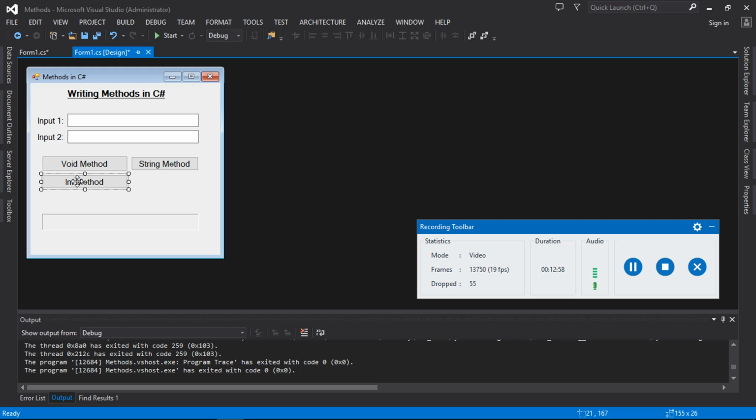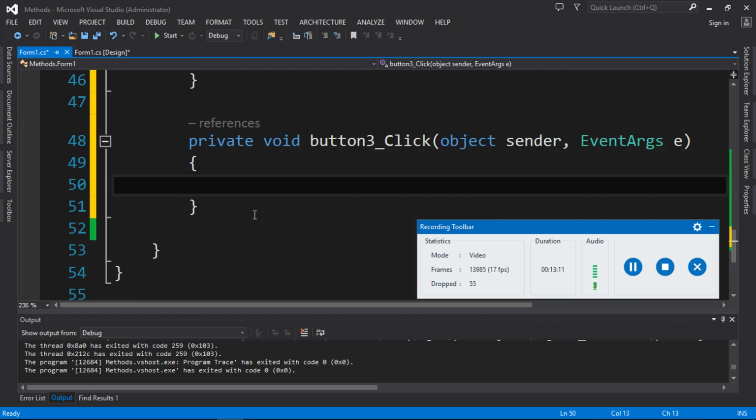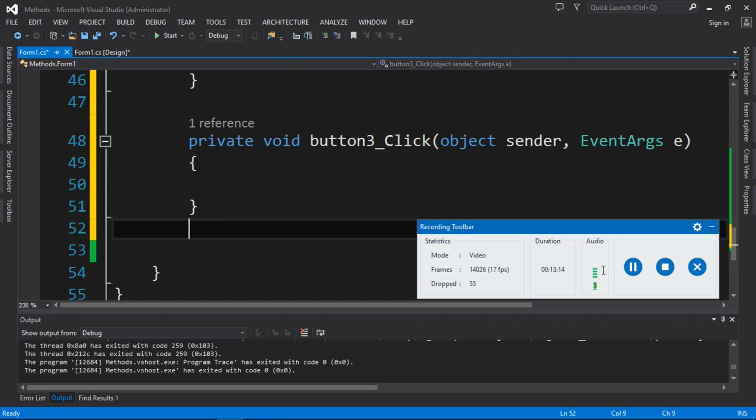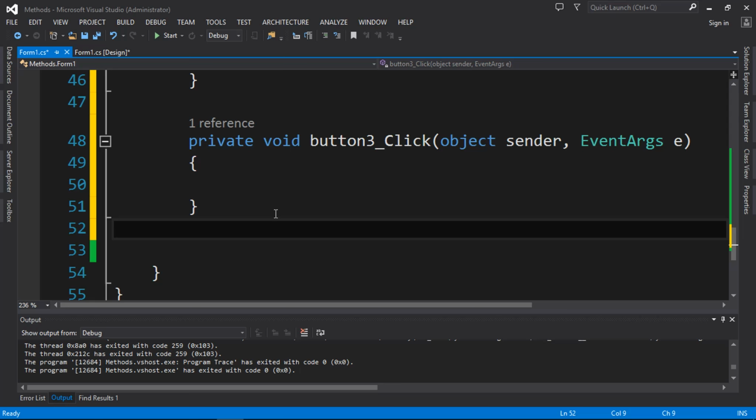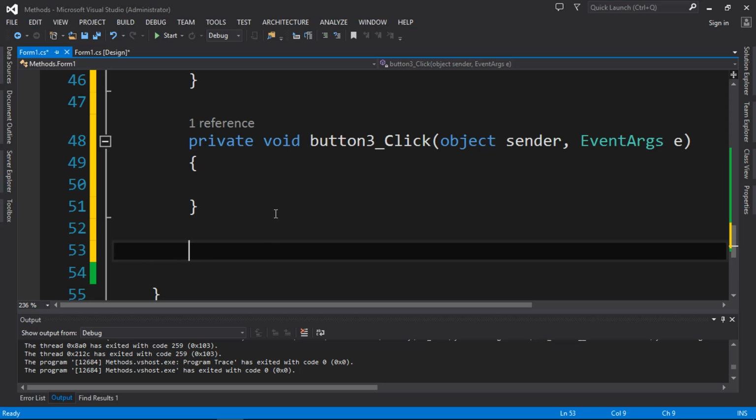What do we want to do right here? We are going to return a result of an integer data type, so we are using this button to click it. So let's go ahead and double click this button, and below this button click event, let's define a method. Excuse me, let me remove this from my screen. Right, we have to define a method which returns integer data type. So let's go ahead and say private int, and let's give calculation as our method name,